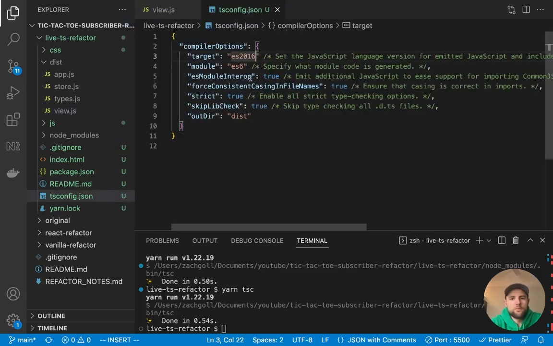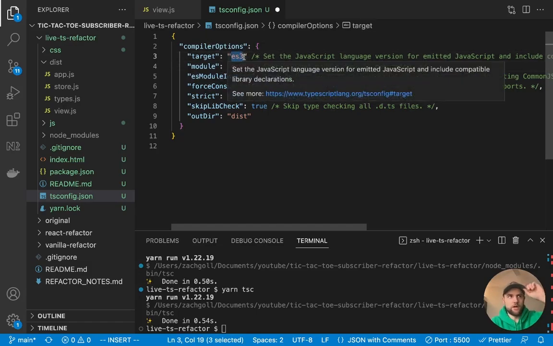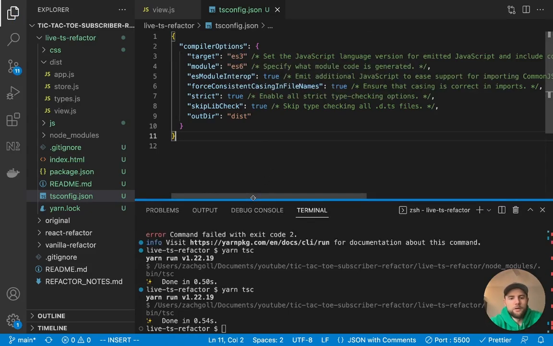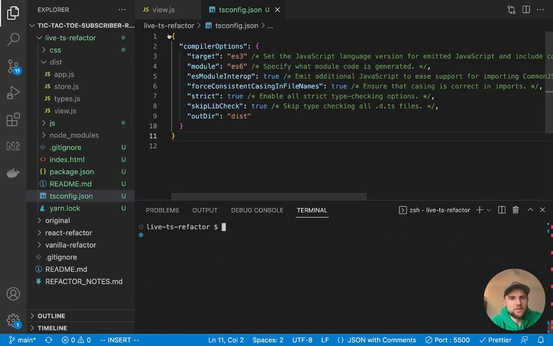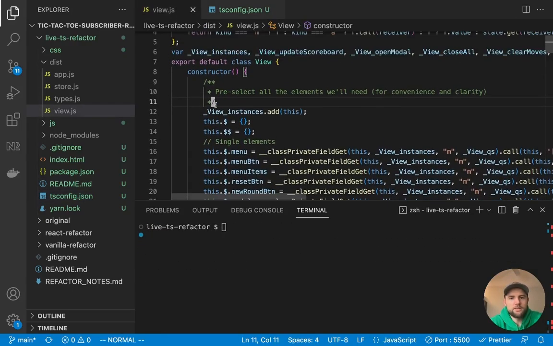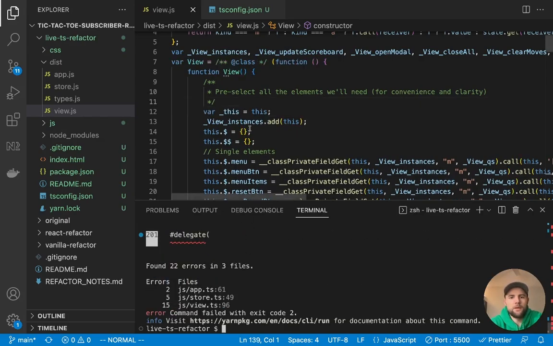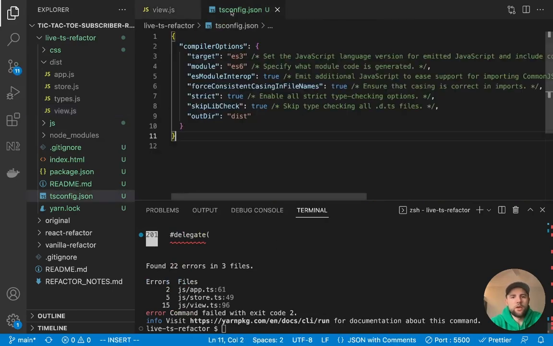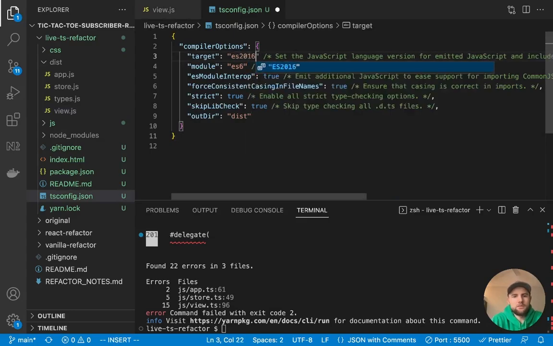So let me just show you, if we downgraded this to ES3, a prior spec of JavaScript, as our target, I just want to show you how that plays out with the output. It'll be tough to see, so let's open up view.js and watch the code as we recompile this to a different target. You can see that all of this stuff changed. And if we go back to ES 2016